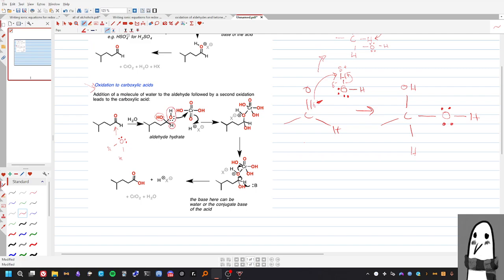But anyways, now that you have your H with an O with two lone pairs, then it forms a bond with another Cr. This is going to be your oxidizing agent, right? And as a result, it forms this monstrosity. But in reality, all this is that it's taking your